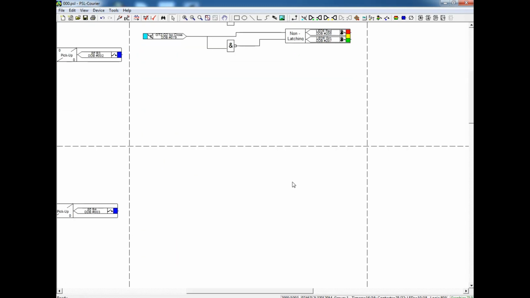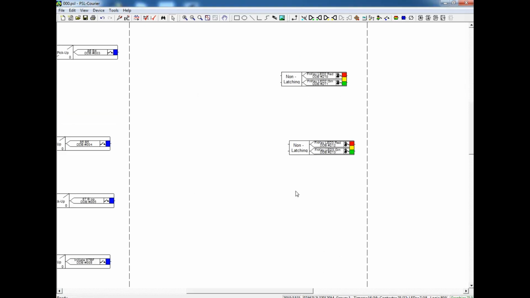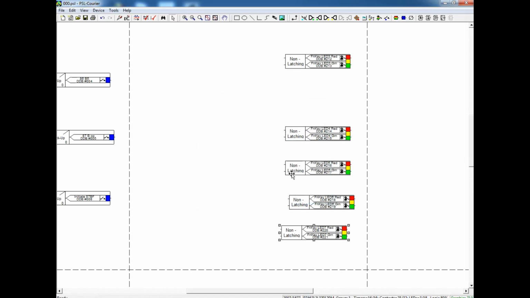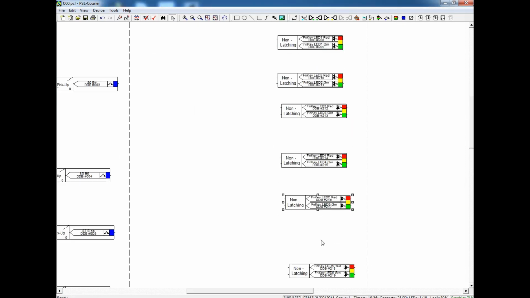After finishing all these LEDs, we can use the function key LEDs also. Similarly, a function key can be used as a function key, and we can use that also as an LED. So I'm going to use all the function key LEDs except keeping one function key for reset.